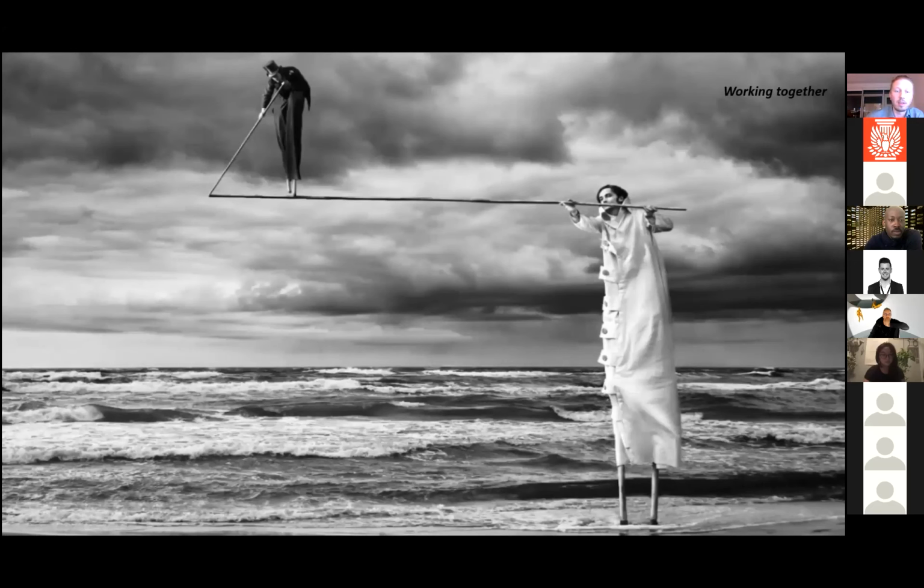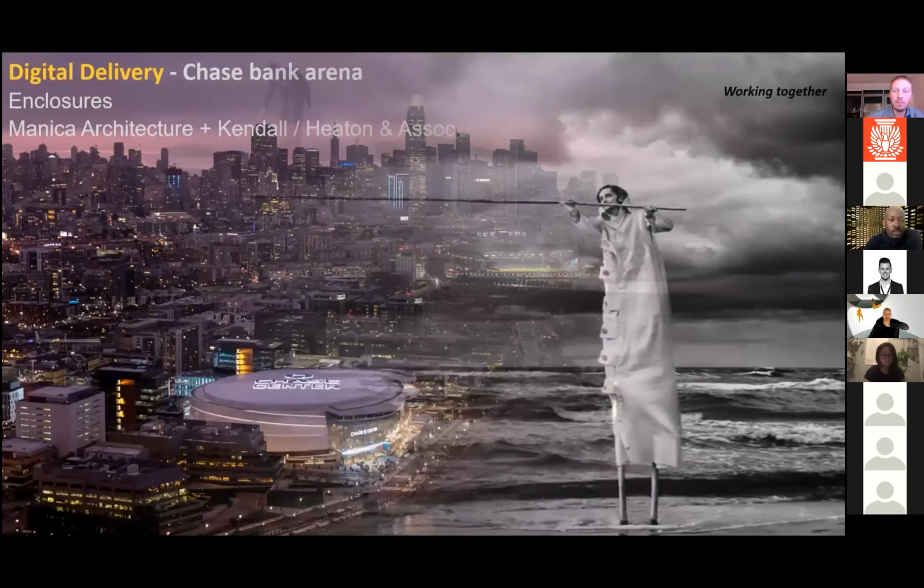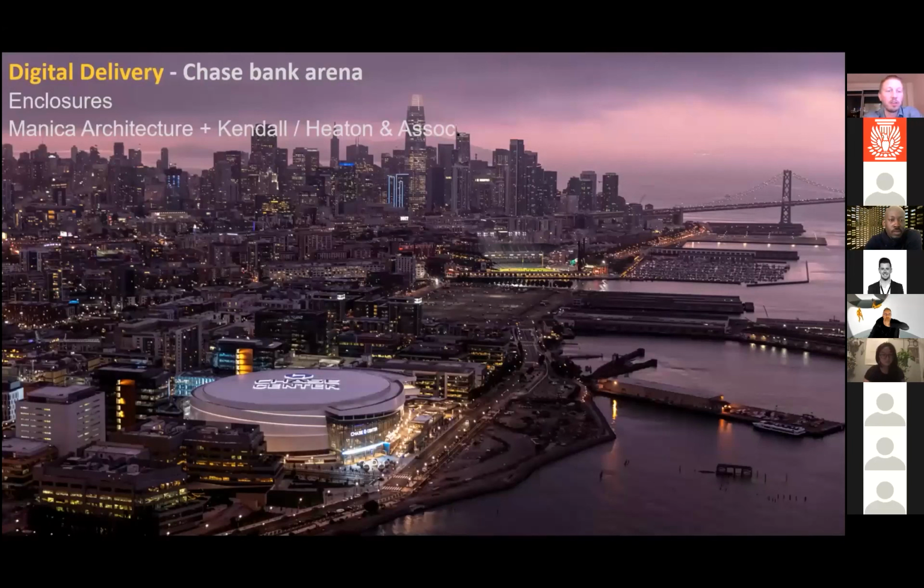So the case study of today is the Chase Center, its official name. It's the Golden State Warriors' home turf in San Francisco's Mission Bay. This is an area that used to be called the Dog Patch. And as some of you might know, the Warriors were a team in Oakland, on the other side of the water from this photo, until they were somewhat controversially, for many people, moved into San Francisco proper.